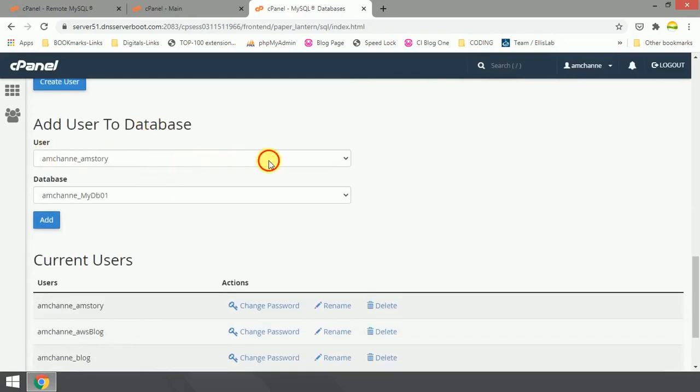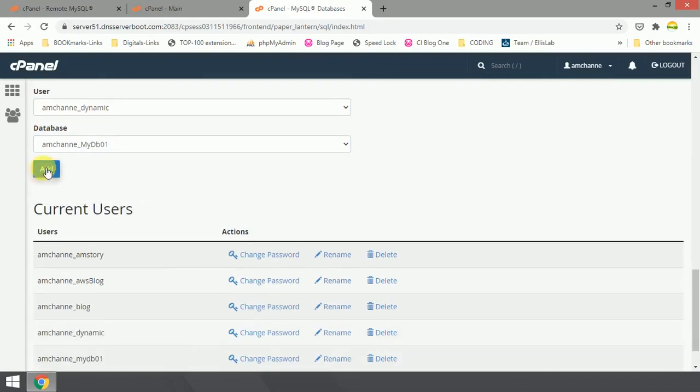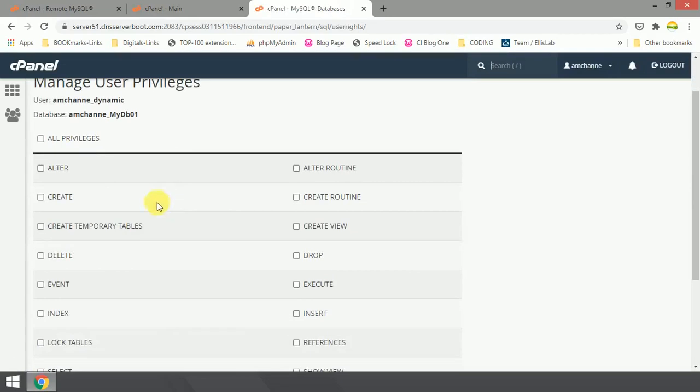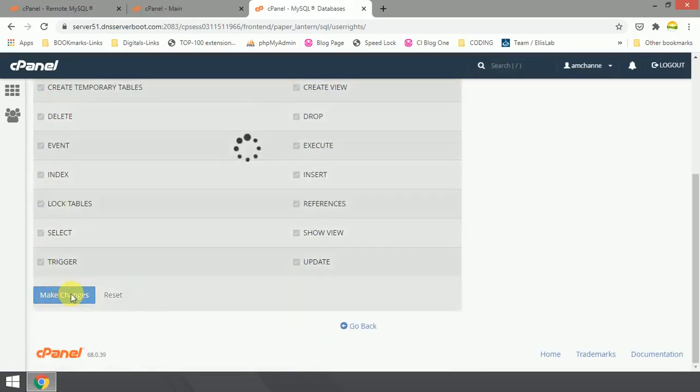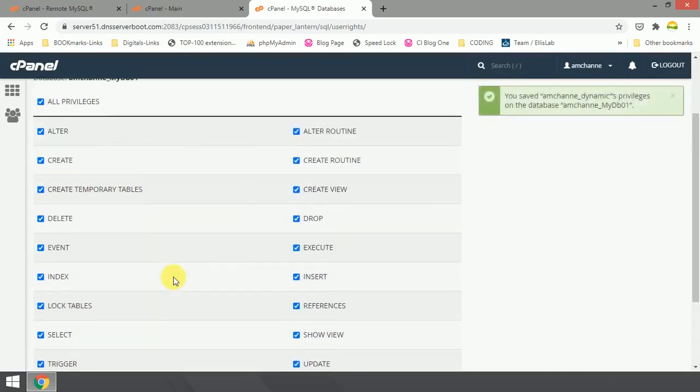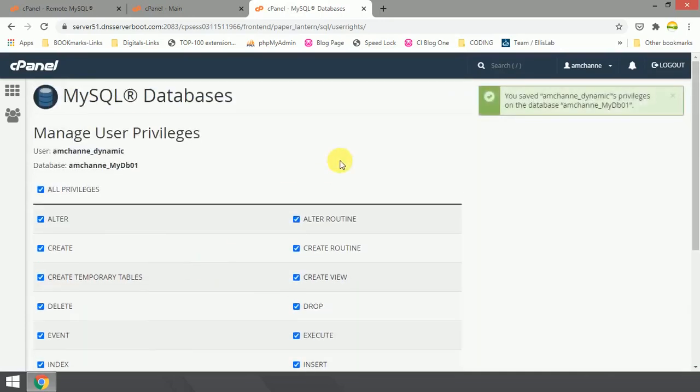Here you have to select the username you want to assign to that database, select your database from the drop down and click on add. As soon as I click on add, again I have to give the privileges to my new user for the database. I will click on all privileges and click on make changes. Now I have changed my user for my database.